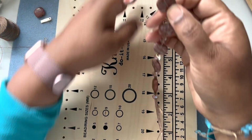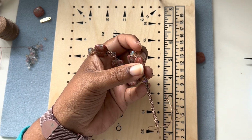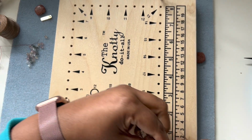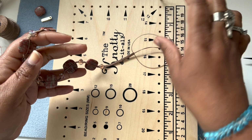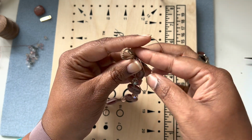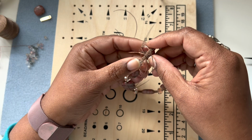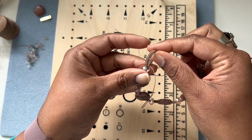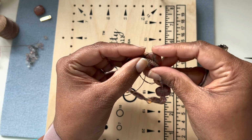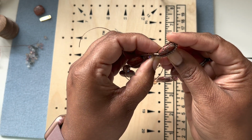I finished macrameing actually from all the beads, and then I macrameed a bunch, as you guys can see here. And I macrameed, say, about 2 inches. Okay, so what I'm going to do is, my needle is still attached to the thread, and this is all I have left. So when I actually fold this over, I'm going to fold this over in macrame, but I need a loop big enough for my gemstone to go through, so it has to go through here. Okay, and at that point I need to decide, it has to go through here, and then I have to macrame here. So I think it's, say, about right,